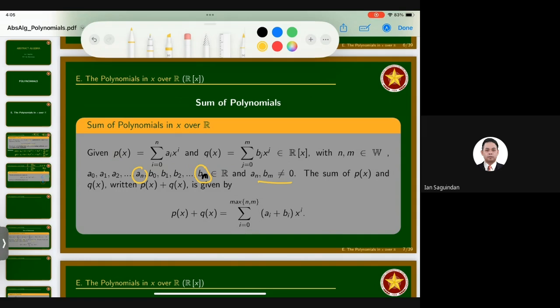So when we say the sum of the polynomials p of x and q of x, we're going to have